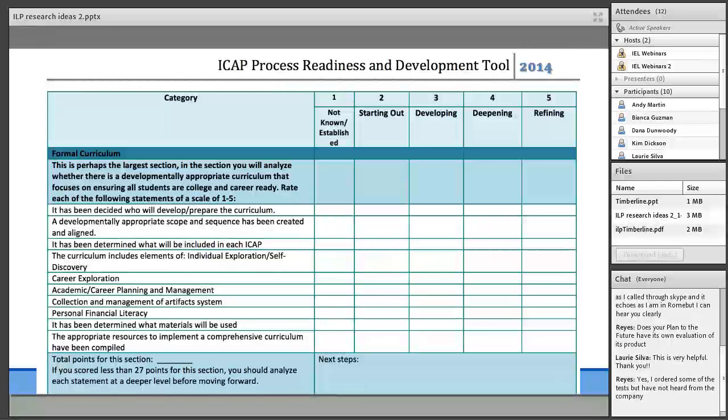Thank you, Lisa. So two things on that. One is the school counselors are the ones who generally have the power around that information, so it's working directly with the school counselors to make sure they're accessing those reports. The second is you're going to look at it and say, but I don't know how to do it, and that's okay because the vendor, in this case your Plan for the Future vendor, should be able and willing to give you the training to be able to do that. Their job as a vendor is to teach you how to use their system, and as you ask these questions and get the overview,